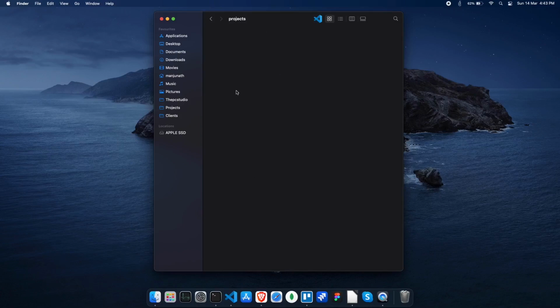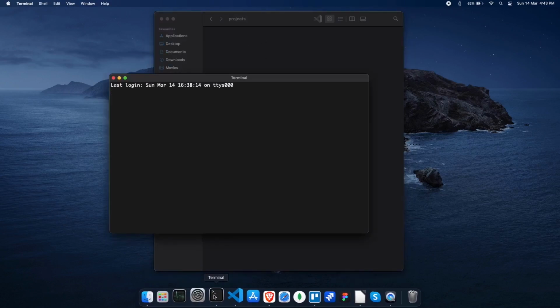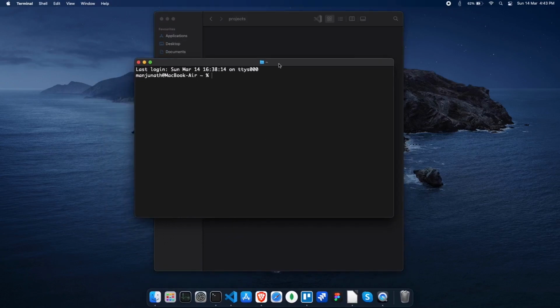I'm in my projects folder. You can create any kind of folder on your system. Once you create this folder, make sure you open up your terminal and let's check whether Python is actually installed on our system. If you're on Mac, just type python3 --version. If you are on Windows, this command won't work. You just have to type python --version. So as long as you can see the version printed and it's greater than 3, we are good to